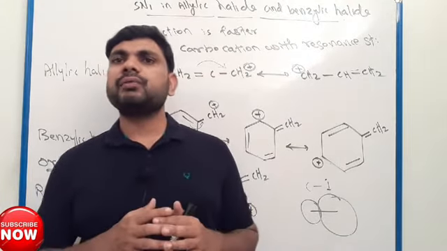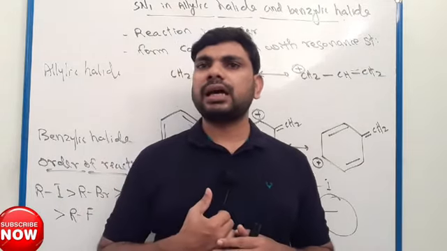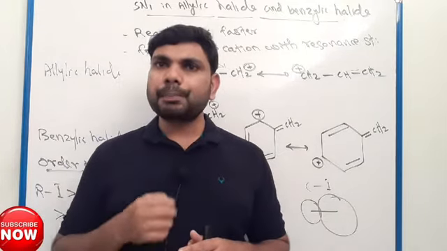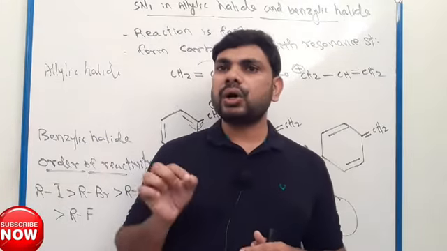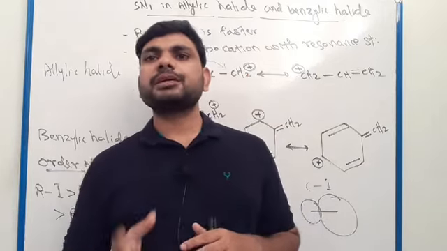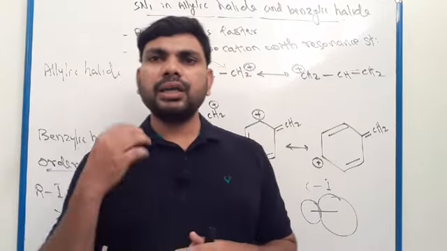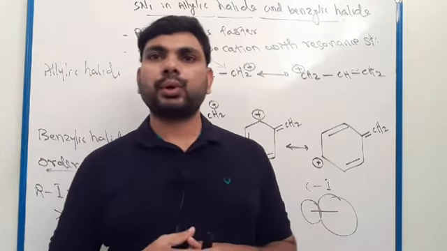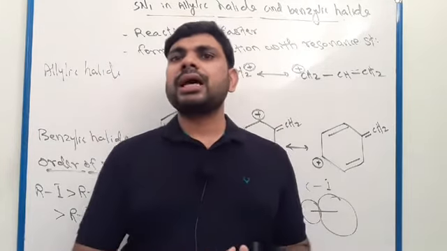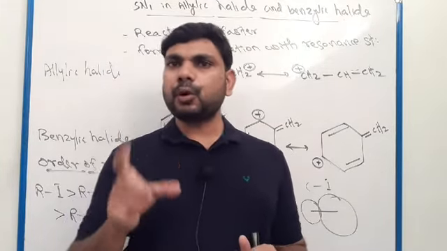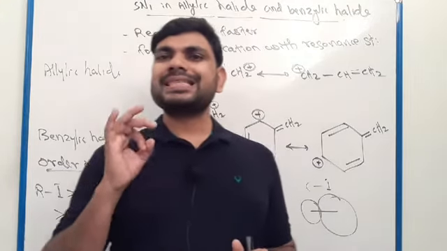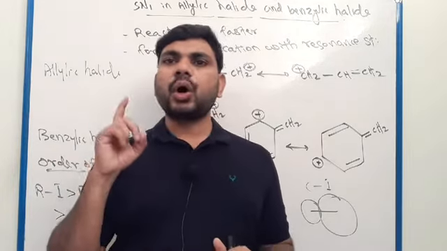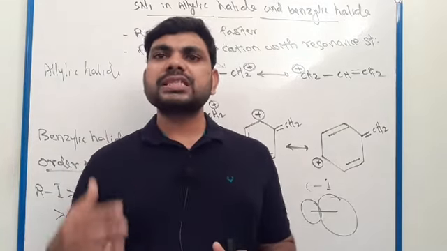In this video we discussed the physical properties of alkyl halide, then the chemical properties of alkyl halide. In chemical properties, we discussed only the nucleophilic substitution reaction, which has the SN1 mechanism and the SN2 mechanism. There are also the elimination reaction and the reaction with metal. In chemical properties of alkyl halide, we said there are three chemical reactions. Out of three we discussed only one, so the remaining two we will discuss in the next video.